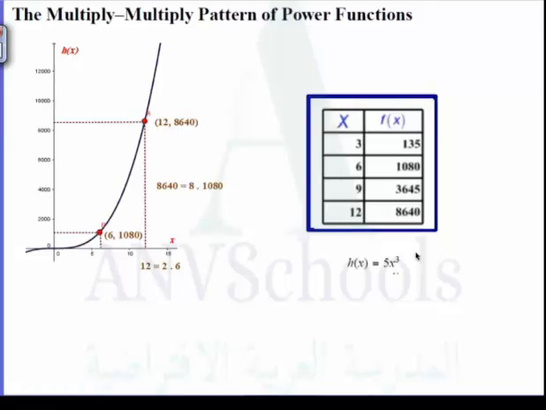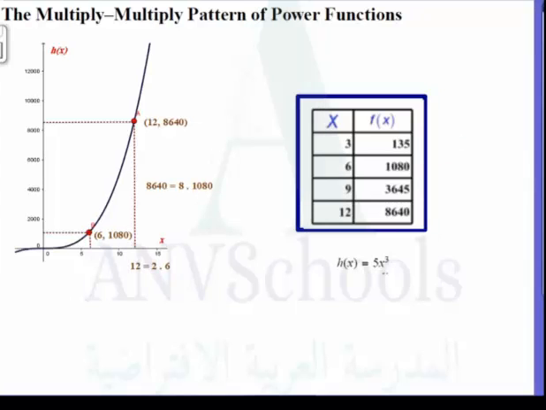Now let us see the multiply pattern. And this pattern is exclusive for power functions. Okay, we are given a table to our right. You can see the table here. It's on this. And we have the graph on the left. And our function is actually